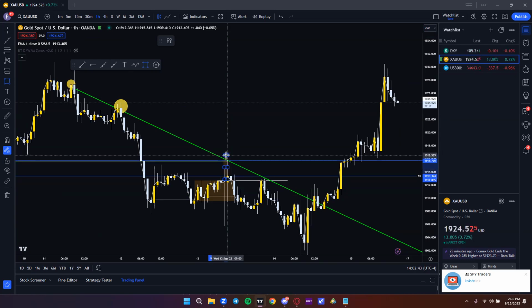So if you don't feel comfortable just taking it right when it touches your trend line and your key level, what you can do is, if your direction is right, indeed you're bearish, then just wait until you see it falling a little bit and then enter, and then put your stop loss above your key level, right? To manage your trade,